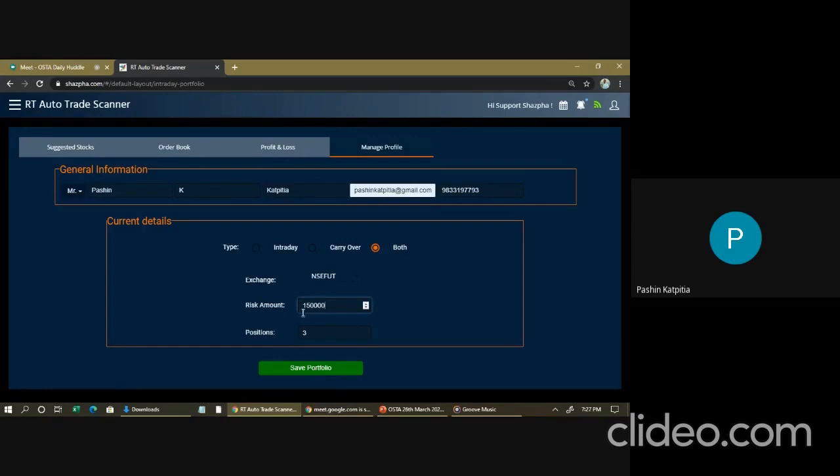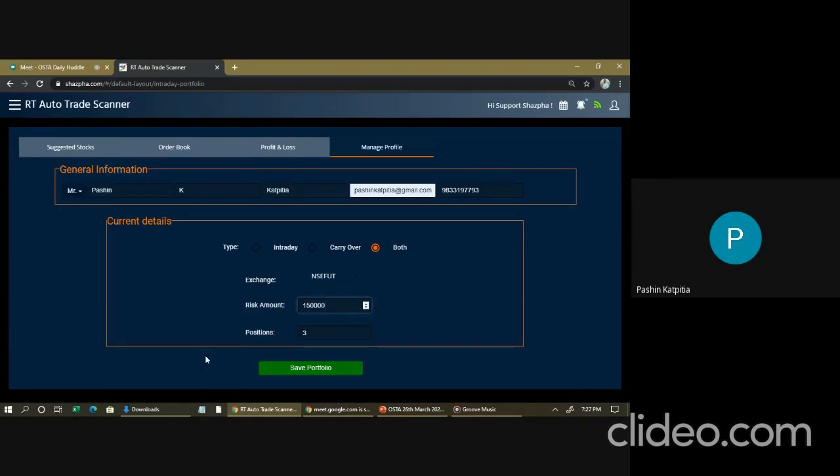And here you have mentioned risk amount as 1,50,000 and 3 positions. That means 50,000 in each position. So it will show you that particular stock in your suggested stocks. So it is looking at all the trade setups that are available, and the ones that fit your particular risk amount will be shown in your list.